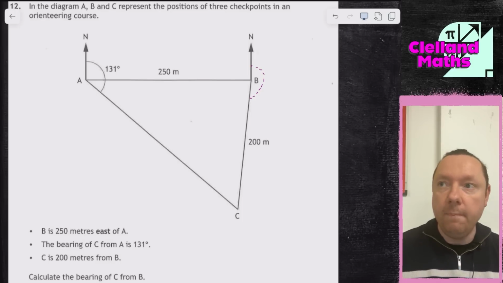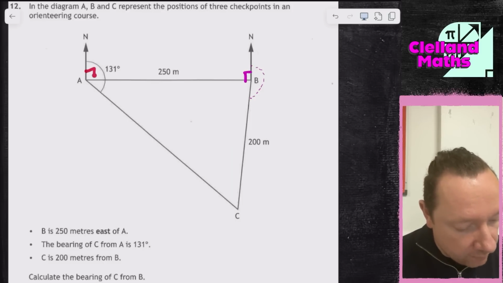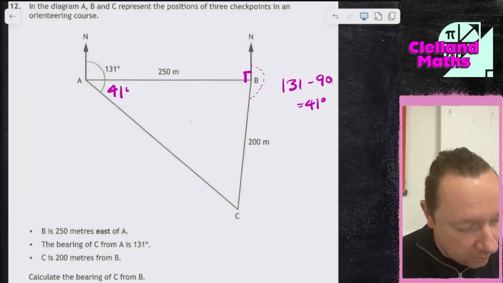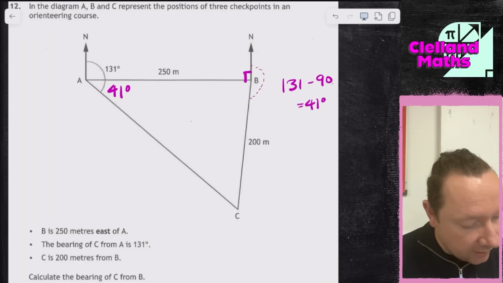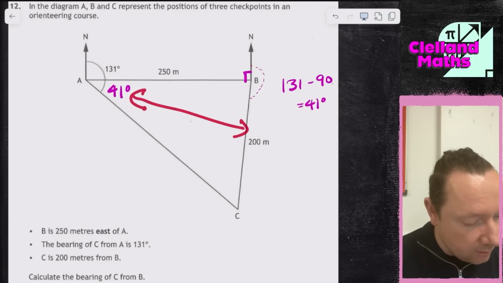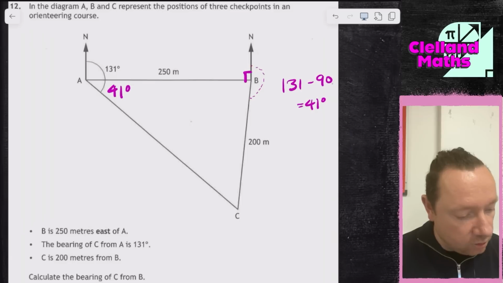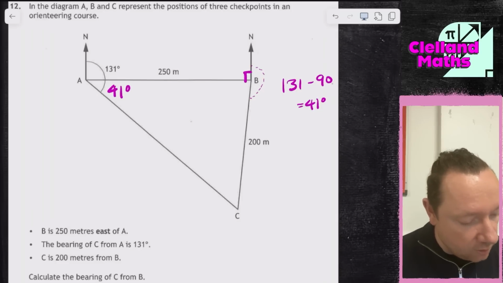Don't worry if you couldn't do the whole thing, but let's just start it from where we can start it. 90-degree angle there. There must be one there as well then, so I can do 131 minus 90. That's 41 degrees, and that gets me 41 inside the triangle. So now, is there any other angles I can work out? Well, not quite, but I can do the sine rule because I could do this pair go together, and I can't find anything with this and this, but I could find this angle here using the sine rule. Now, if I knew that angle, then angles in a triangle add to 180, so I could get this angle, which means I'll get the other side. So that's going to be my approach, using the sine rule.